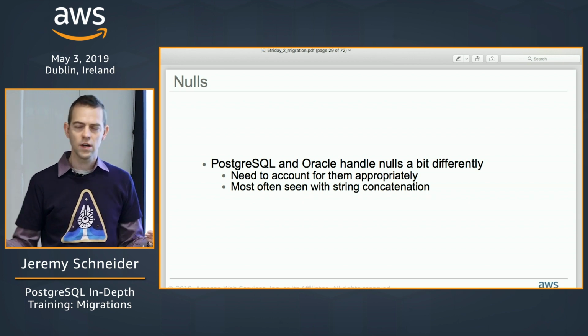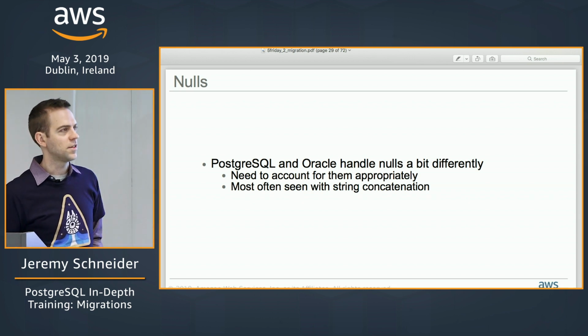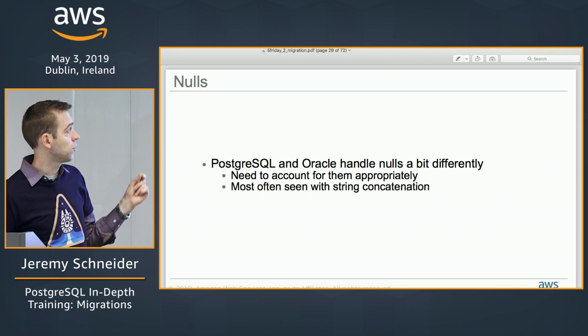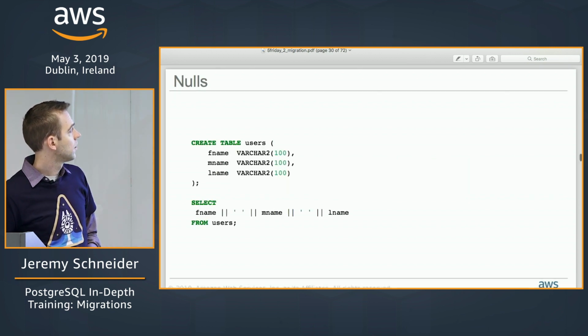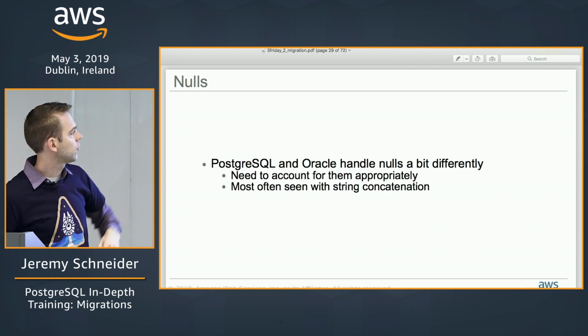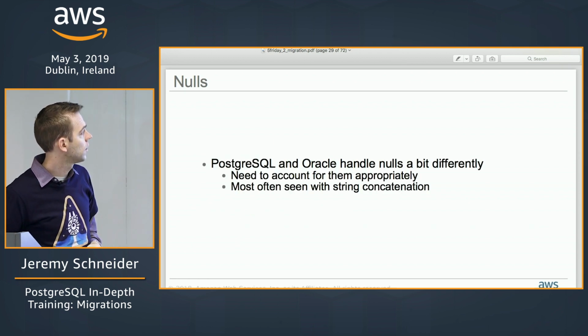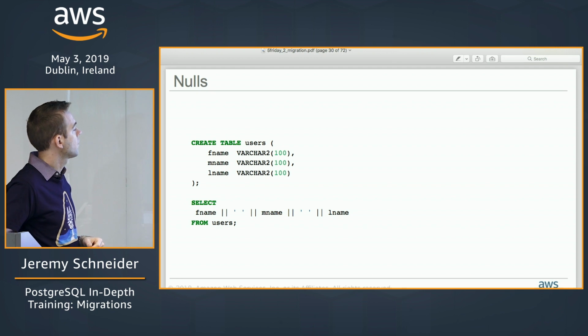It's an unknown. The way it's actually implemented, unfortunately, is different between Postgres and Oracle. Most often seen with string concatenation. I actually didn't know that. That's useful to know. So we're going to set up a short example here to illustrate this,